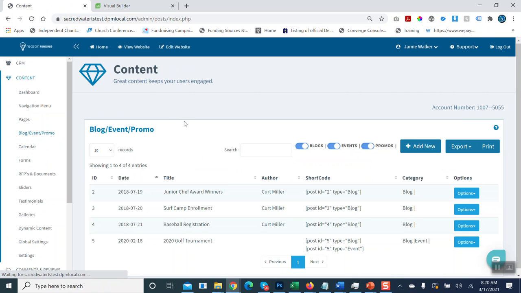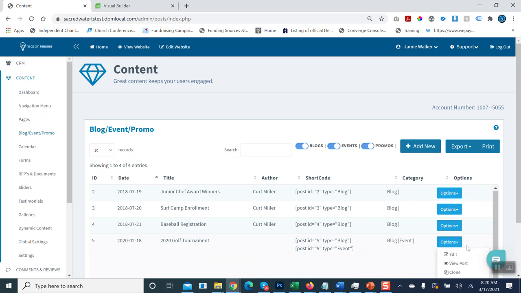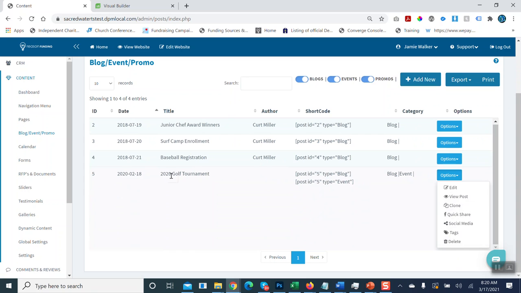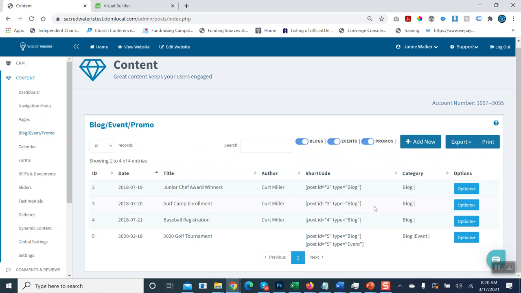And we've got a choice here. We can create a new event from scratch, or we can clone a past event and use that to save time. I've got an event from 2018 that was created, and I can hit clone and it'll create a copy of it. And then all I have to do at that point is go in and edit the dates and the event description and all the other details. But for the purposes of this tutorial, we're going to create one from scratch. So I'm going to click add new,